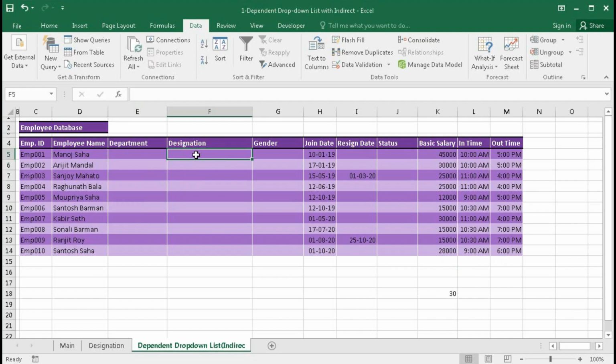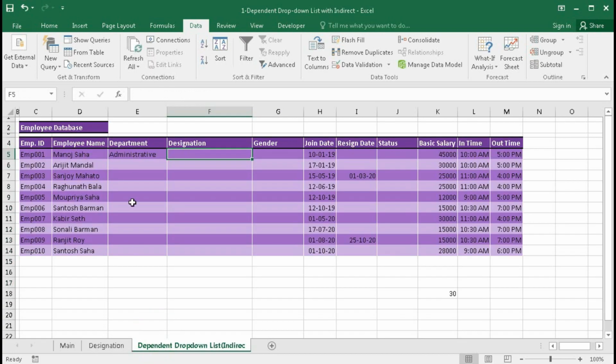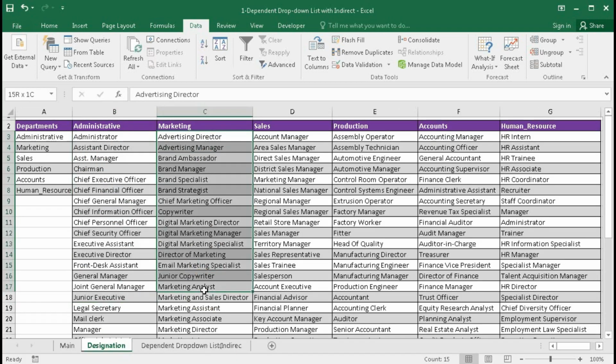Now you have to create the list here, that is, suppose we have department administrative, then we will get here all the list for administrative, and if we select marketing, then this drop down list will show the marketing list.